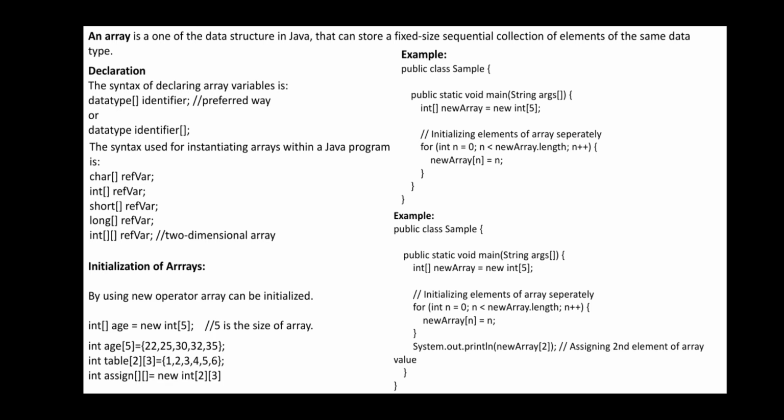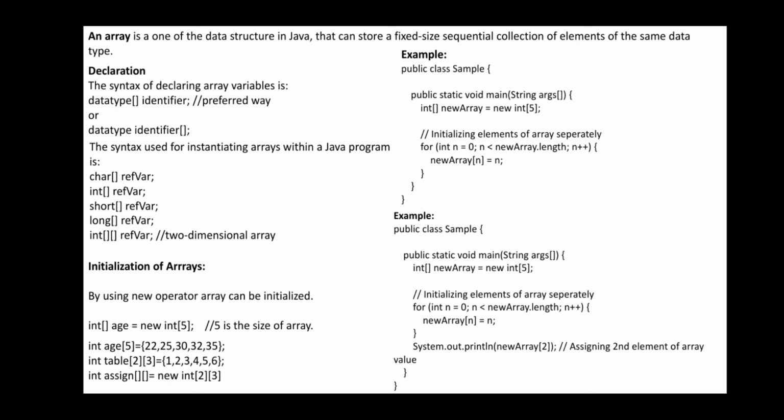Understand from this statement that an array can store a fixed size. Fixed size means you are going to define it. There is a lot of difference between a variable and an array variable. A variable holds only one value at a time, whereas an array is going to hold a homogeneous set of elements at a time. For example, a = 5 is a normal variable which stores only the value 5 within the variable a, but a[5] = 1 2 3 4 5. You can define it this way.